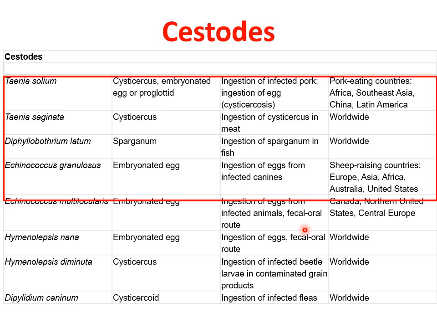In this table, you can find a summary of some medically important cestodes: Taenia solium, Taenia saginata, Diphyllobothrium latum, Echinococcus granulosus, Echinococcus multilocularis, Hymenolepis nana, Hymenolepis diminuta, and Dipylidium caninum. For the sake of time, I chose to only talk about four important cestodes, which are Taenia solium and saginata, Diphyllobothrium latum, and